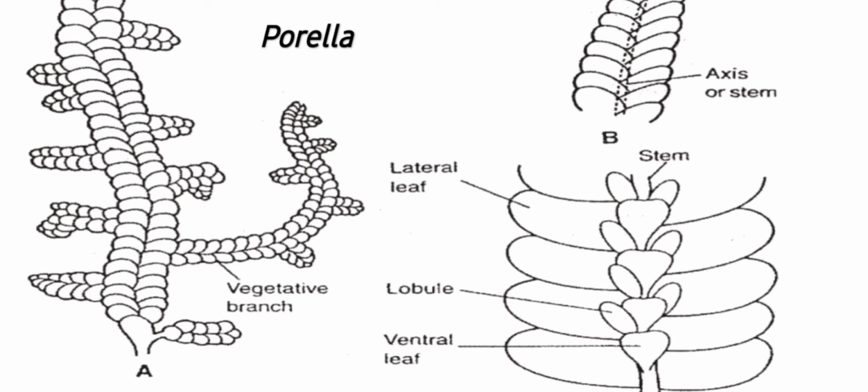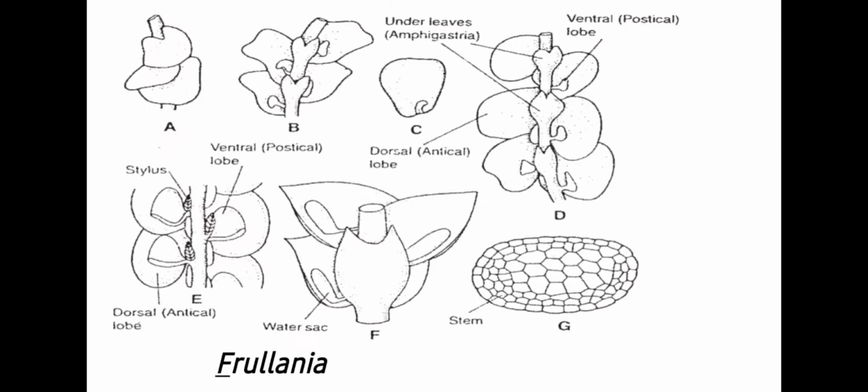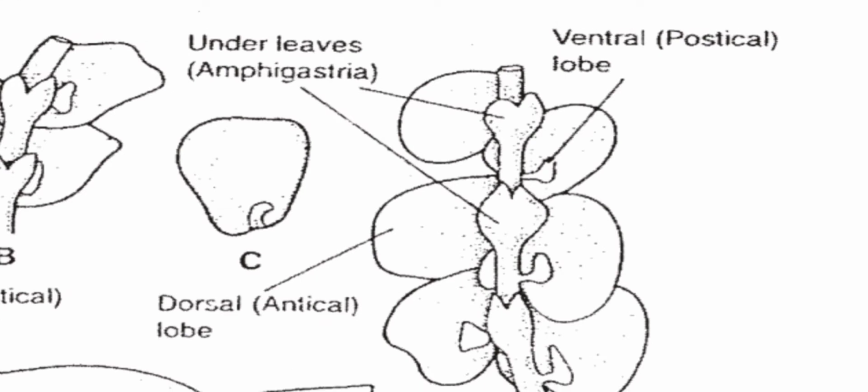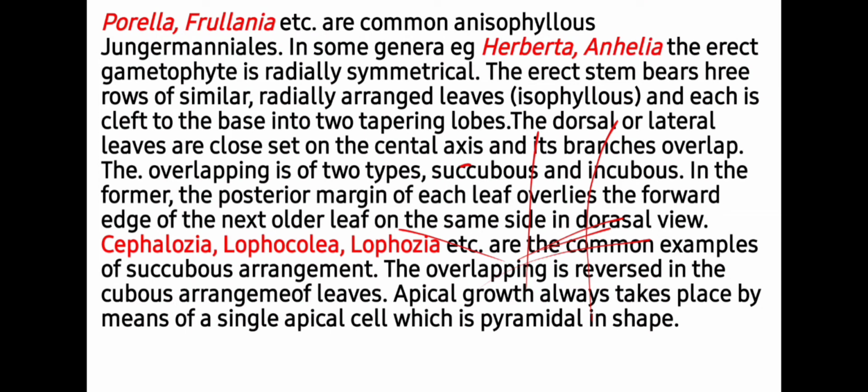So you can see here the ventral leaves which are small in size and on the under surface, and these are called amphigastra or underleaves. Here you can see the same arrangement in Frullania also, which also bears anisophyllous leaves in 3 rows, and the under surface or ventral leaves are known as amphigastra. So students, except Porella and Frullania, which are common examples of anisophyllous Jungermanniales, some genera are there like Haplomitrium